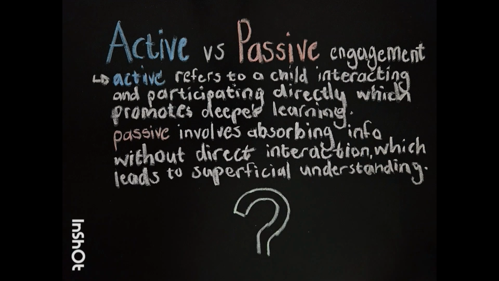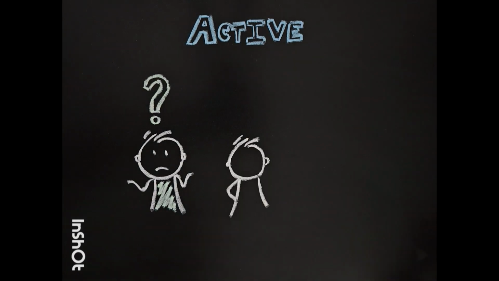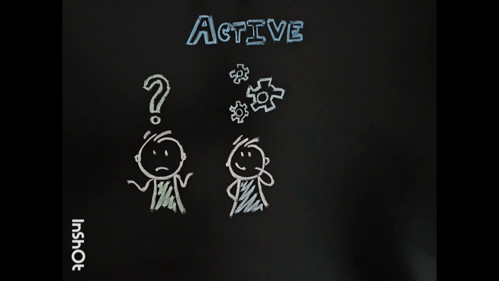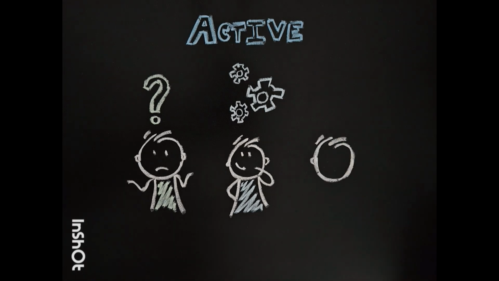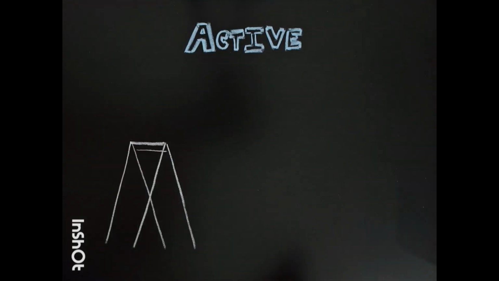How will we visualize these two concepts? First, we'll look at active engagement. Active engagement refers to asking questions about the information that you receive. Furthermore, it involves thinking about the information, the gears in your head grinding away to make sense of what you've just learned. Then, lastly, active engagement refers to forming and storing the ideas. Once you've interacted with the information, you've stored the information in your brain.